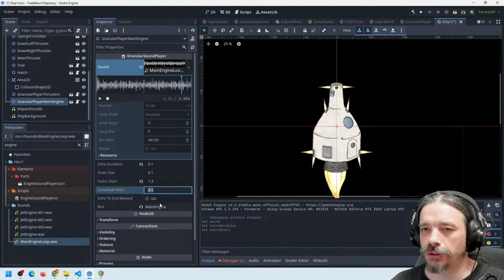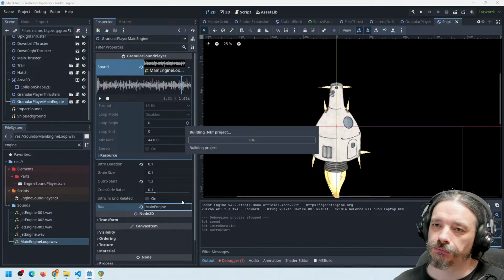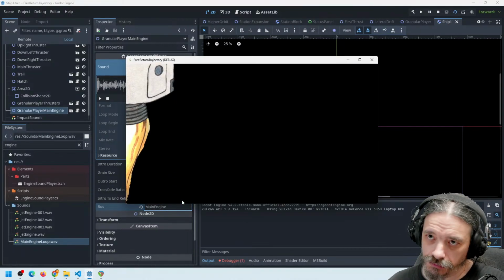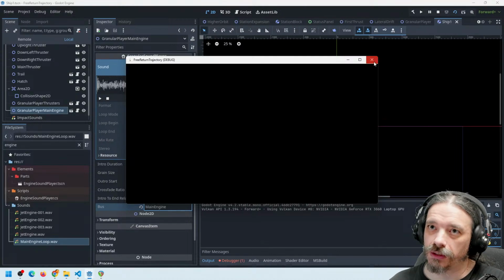Grain size 1. Yeah, this could be the same. Main engine, let's try. Nice,